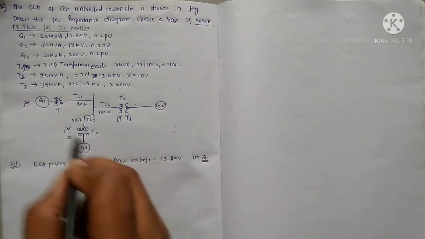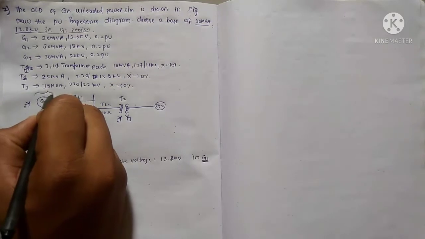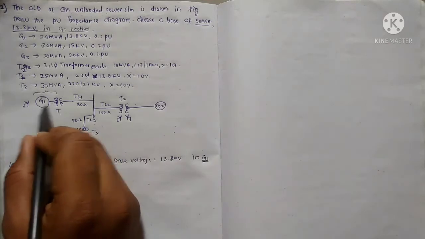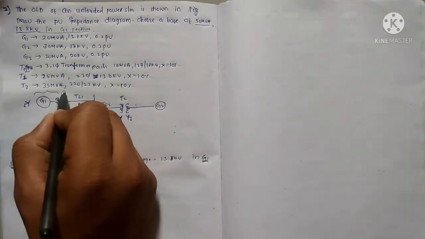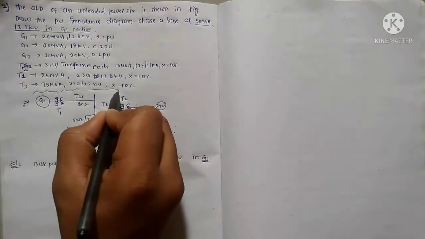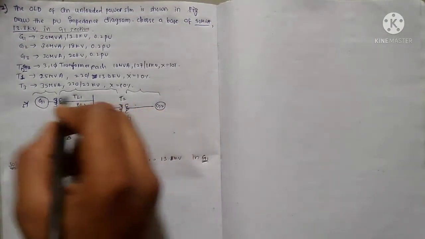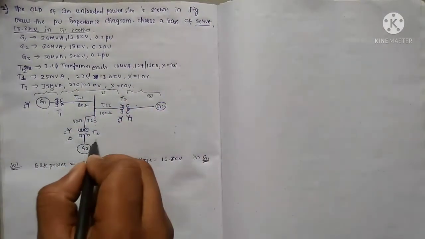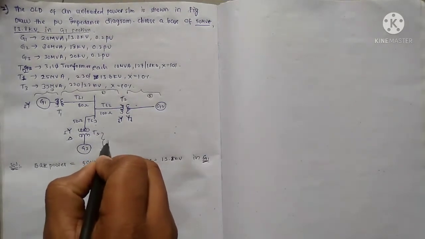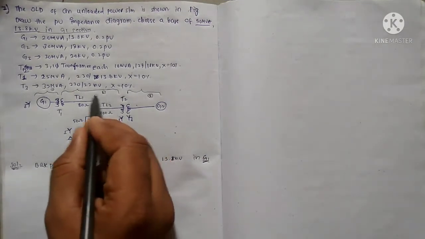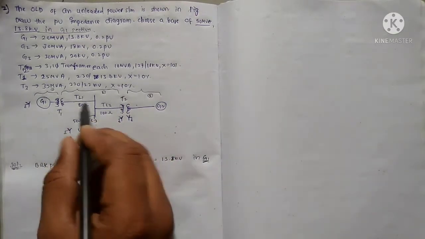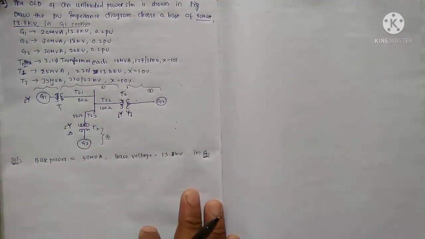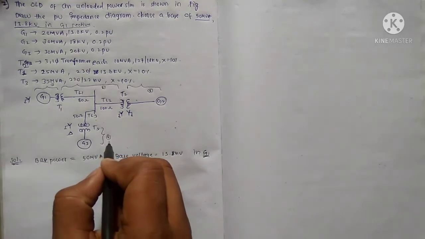Our second step is to divide the whole single line diagram into sections. Primary of T1 is divided into the G1 section, and secondary of T1 to the primary of T2, secondary of T2 into this section. Name them section 1, section 2, section 3, and we also have this section. We need to divide this as section 4 because this whole thing becomes one section only, and the whole section voltage becomes the same because this is connected to the same bus. Now we're done with the sections.